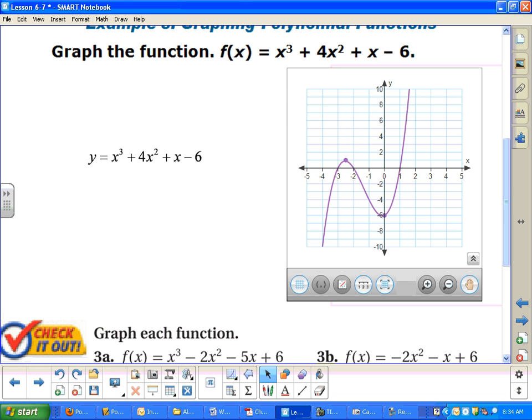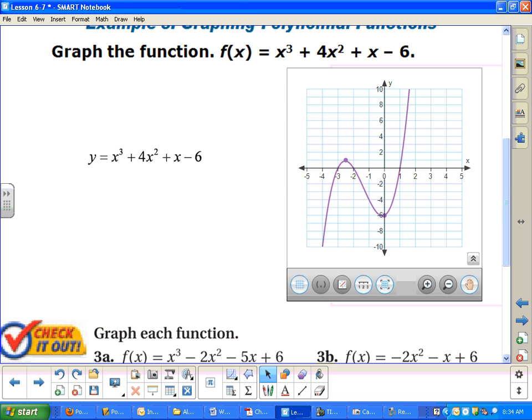Find the zeros, mark them on my graph, find the y-intercept, mark that, find the max and min values, any of them that there are, mark them, and draw my graph. Okay? And that doesn't take very long, does it? Okay. So